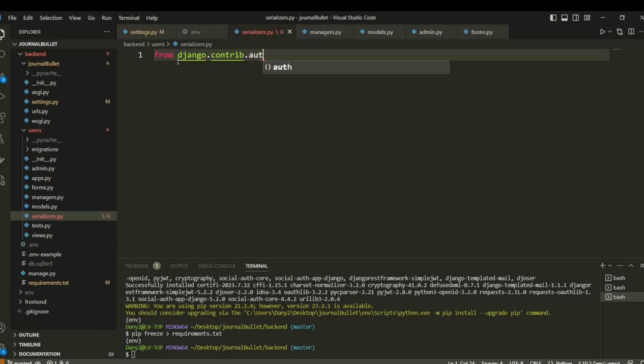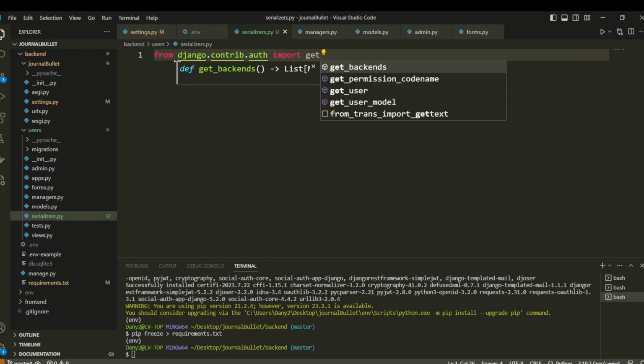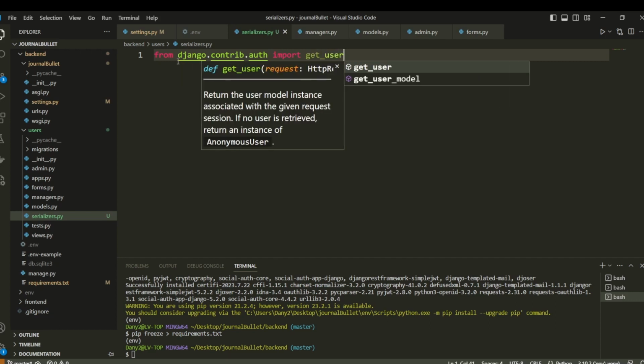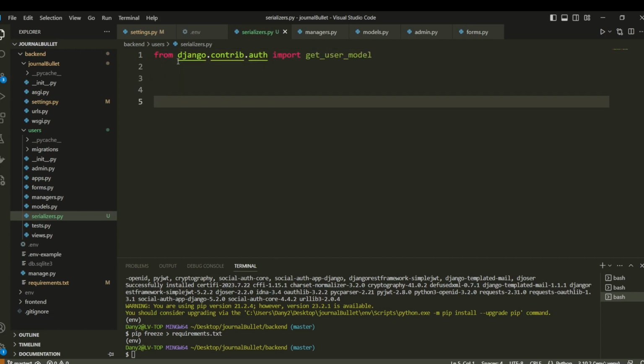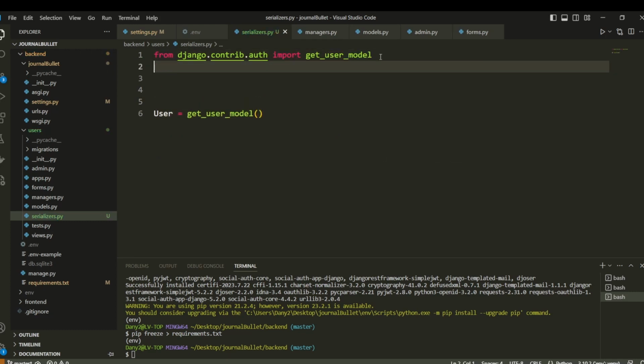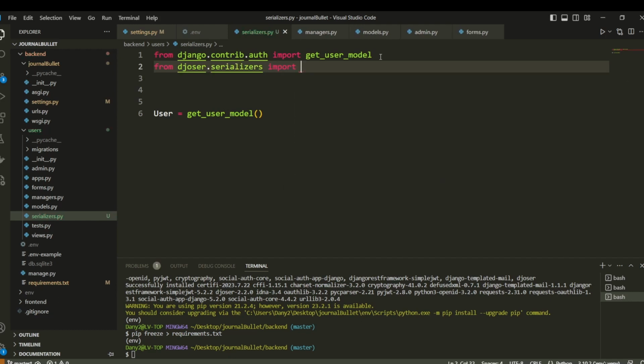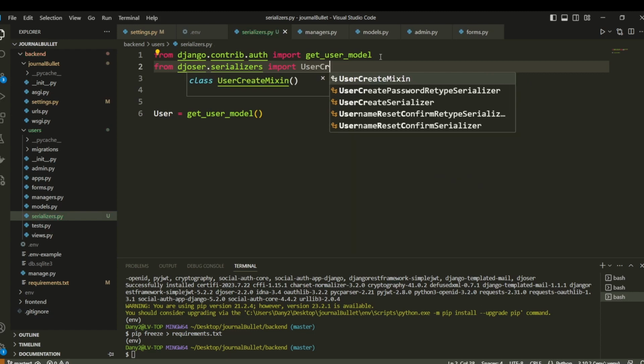Let's import our custom user model, and this is how we import the custom user model: get user model. We come here to user, and we're going to get user model. Next, we also want to import from djoser.serializers, we are going to override the user create serializer,